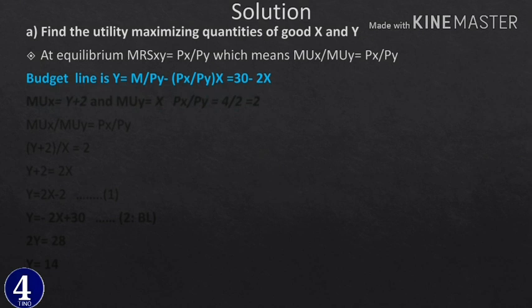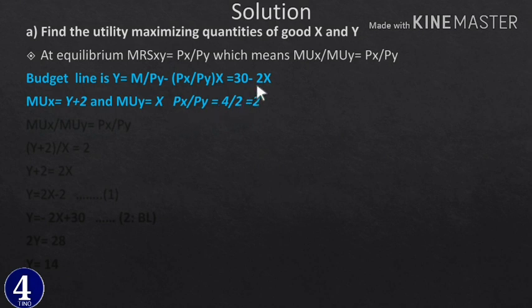So within this given information our budget line ይህንን ካልኩሌት አድርገናል ከላይ። ከዛስ ማርጂናል ዩቲሊቲ ኦፍ ኤክስ ይህንን ካልኩሌት አድርገናል። ማርጂናል ዩቲሊቲ ኦፍ ዋይ ኤክስ መሆኑን ካልኩሌት አድርገናል። ፕራይስ ኦፍ ኤክስ ዲቫይደድ ባይ ፕራይስ ኦፍ ዋይ ኢዝ 2 መሆኑን እዚህ ጋር አስቀምጠናል ማለት ነው። ስለዚህ ሁለቱን እኩል አደረግን ማለት it means that this divided by this equals to this ማለት ነው። ይሄ የሚያሳየን ማርጂናል ዩቲሊቲ ኦፍ ኤክስ y plus 2 አስገባን divided by marginal utility of y is equal to x አለን equals to price of x divided by price of y px by py is 2 አስገባን።